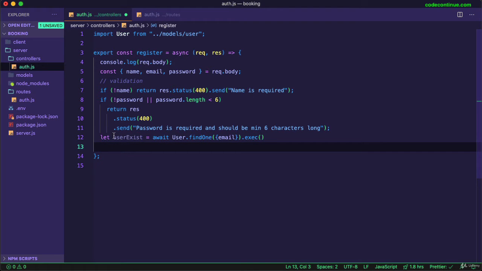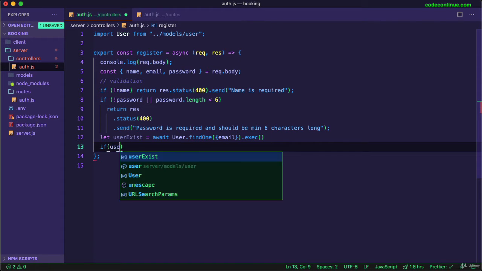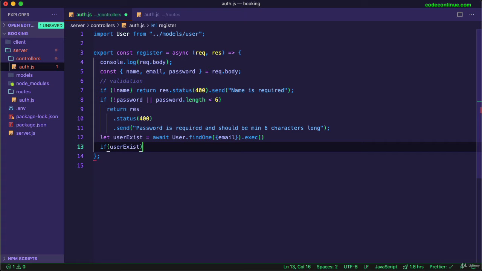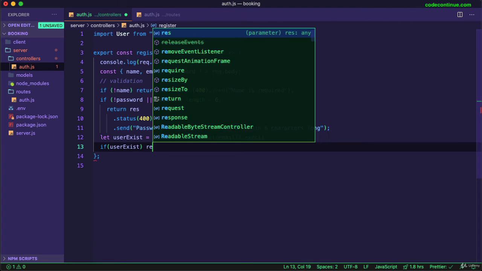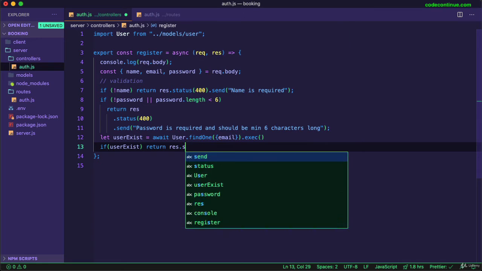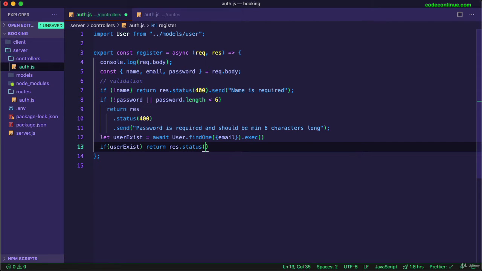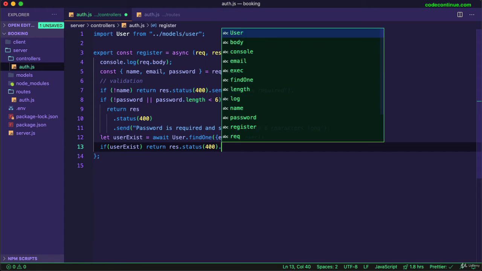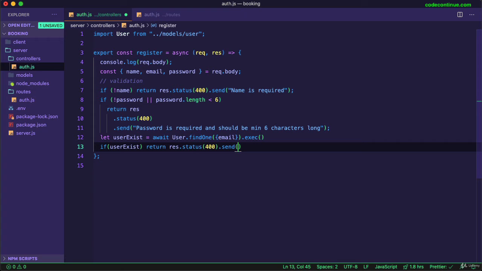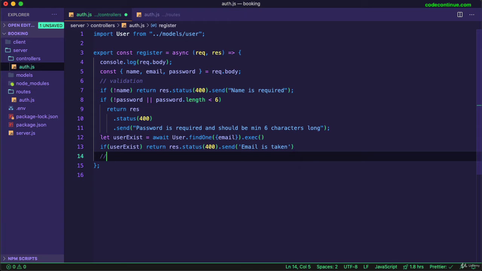Okay, so if we get the user here, that means the email is taken. All right, so we can check here if user exists. If that is true, if we get any value there, we can return response status of 400, and we can send this message that says email is taken. Okay, so we have all the checks here: name, password, and email. Once everything is done, then we can